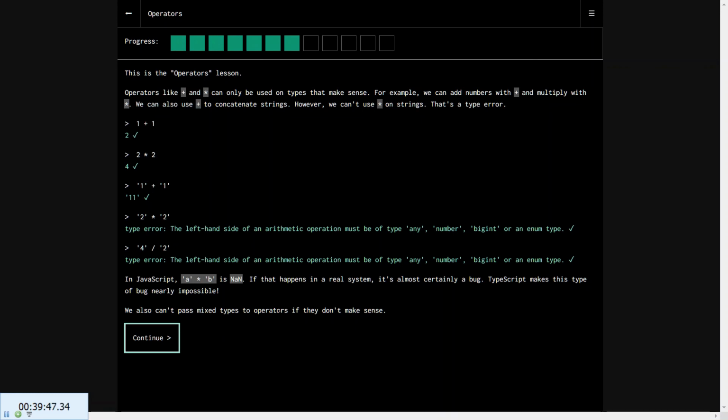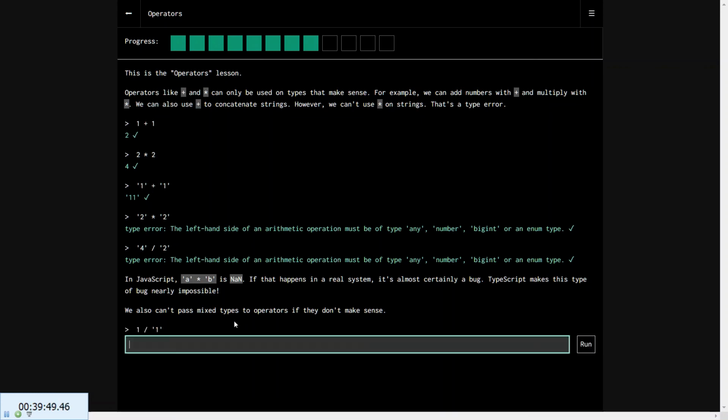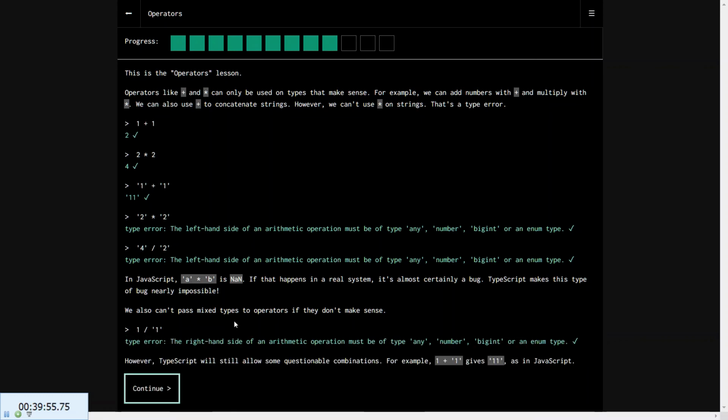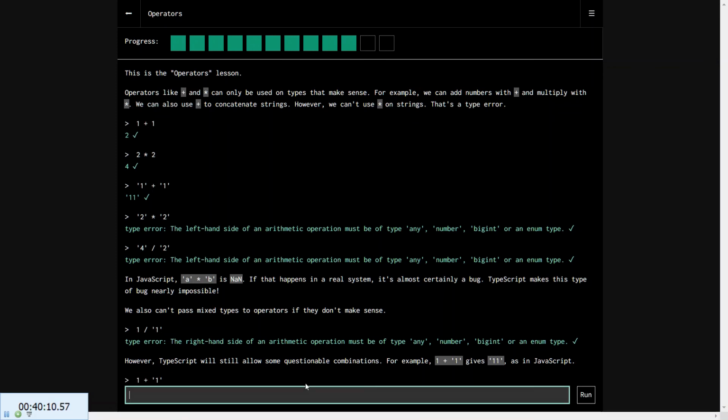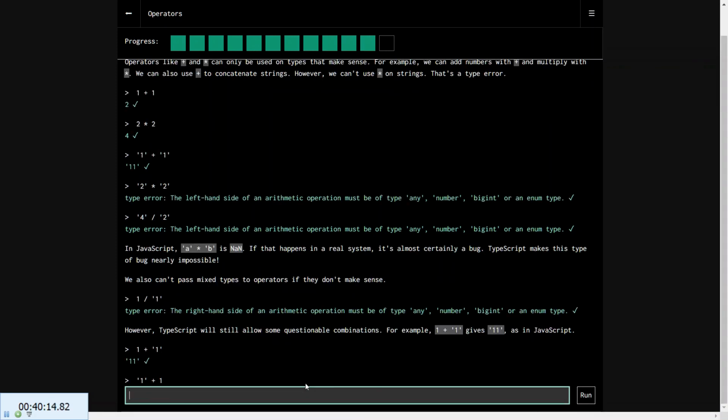We also can't pass mixed types to operators if they don't make sense, okay? So it's this type error as well. However, TypeScript will still allow some questionable combinations. For example, 1 plus this gives 11 in JavaScript. So this will be